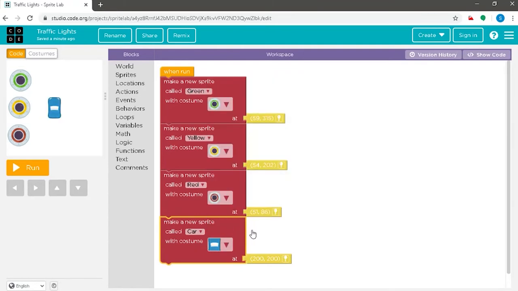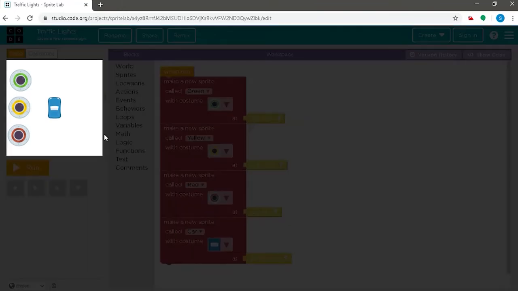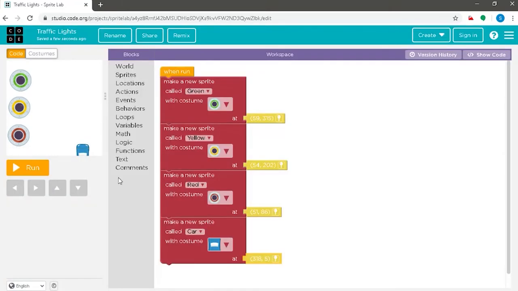Since you can see in the visualizing section that the blue car is in the middle, I would like to change the coordinates by pressing on the key and taking my cursor to this place where the car is only half visible. Now, the car and all the three lights are created. Thus, our first objective of creating the traffic lights and the car is satisfied.